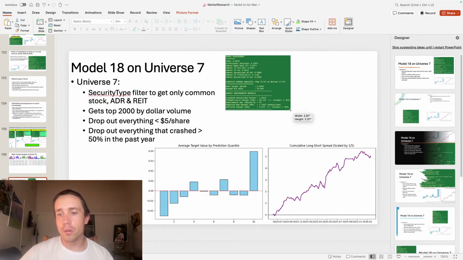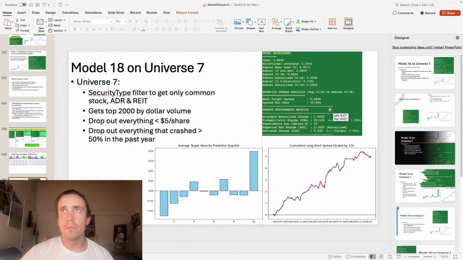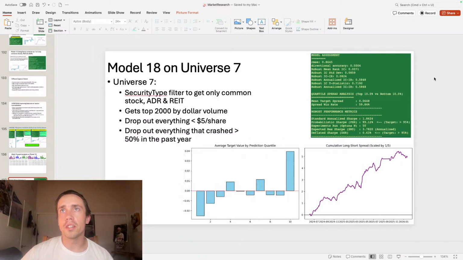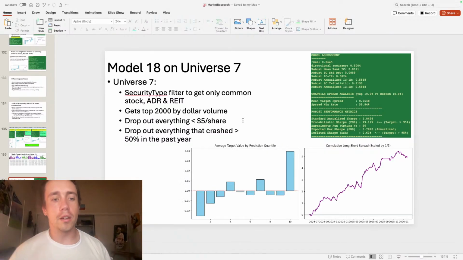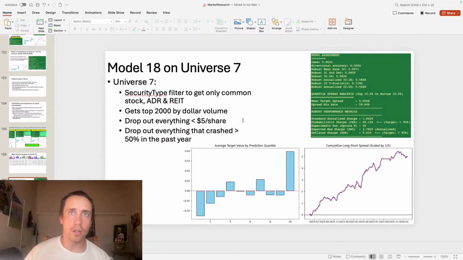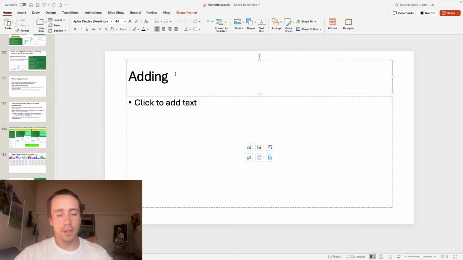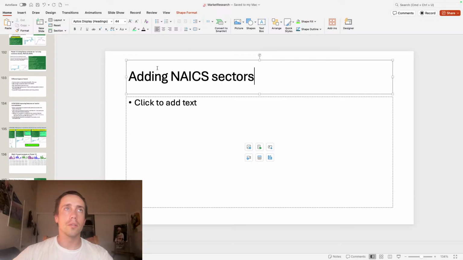So that might be an improvement. Or I could do what Michael suggested earlier and use some automated classification system. The problem is that's going to be really messy, and to get that to do something that's reliable is going to be really hard. So I don't know about that. So let me try to get, so adding NAICS sectors,